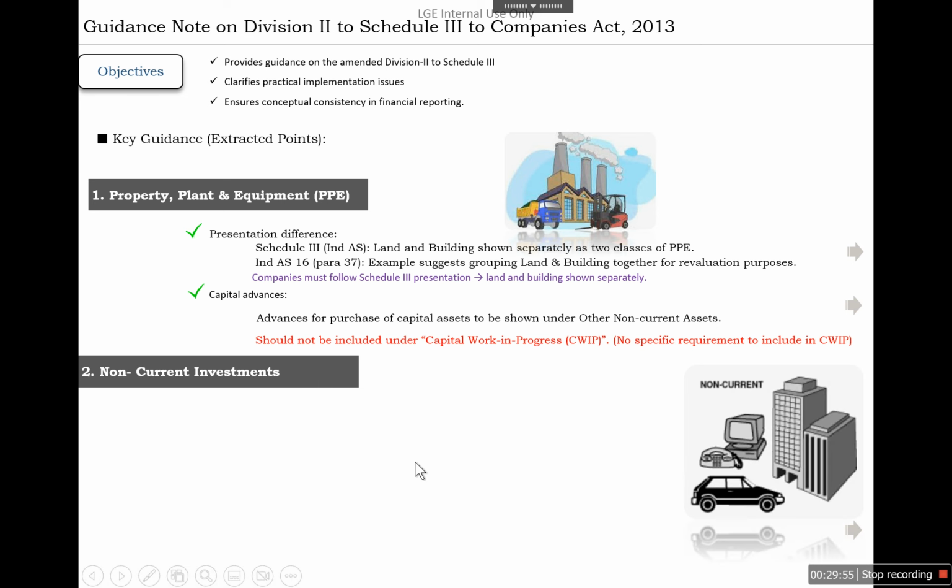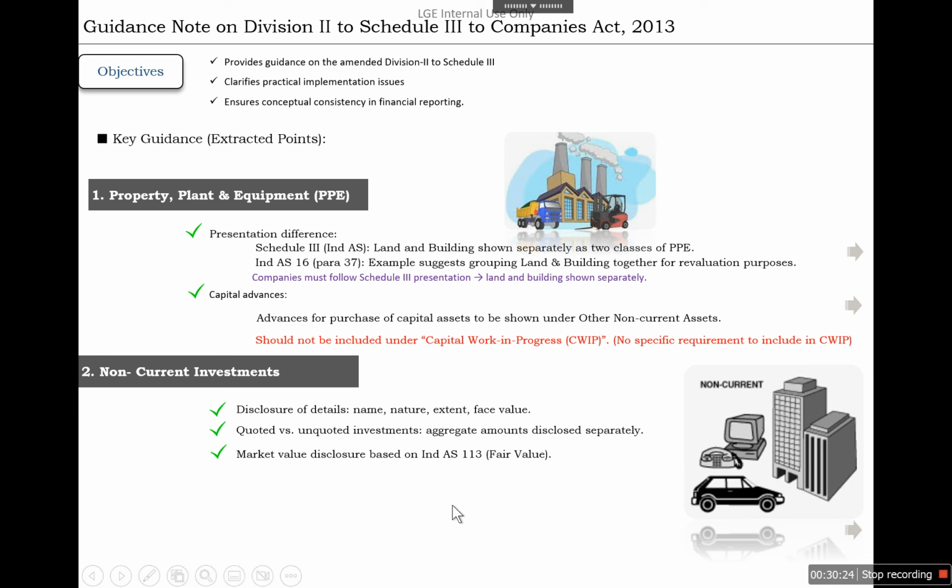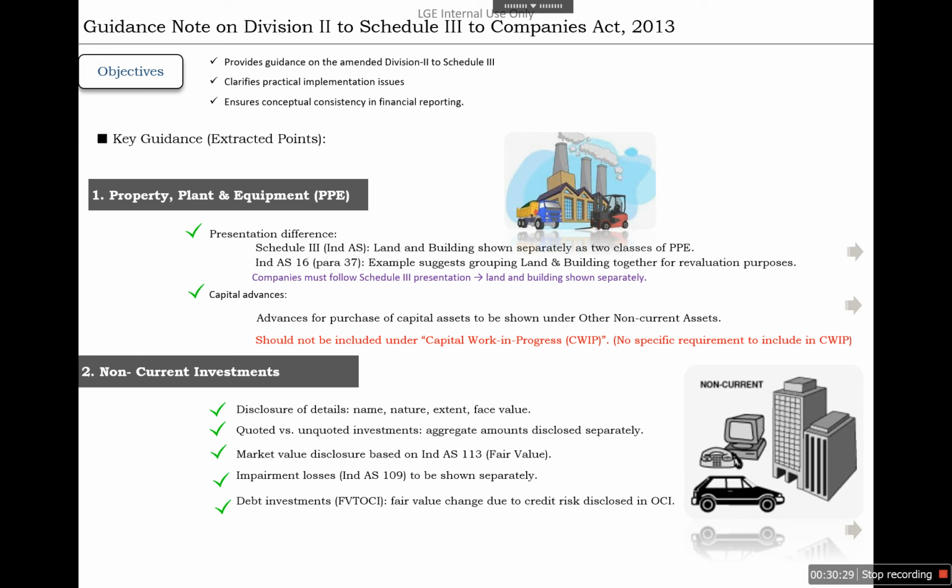And in case of non-current investments, although detailed disclosures will be covered under Ind AS when we discuss Ind AS 32, 109 and 117, the requirement is that disclosure should be there of name, nature, extent and face value of the investment, and quoted and unquoted segregation should be there. Market value should be disclosed, and impairment loss should be shown separately, and